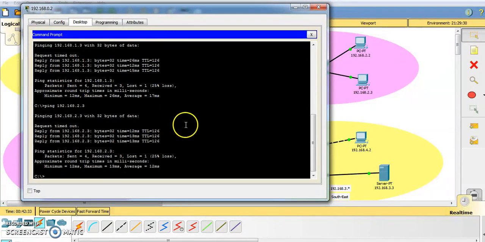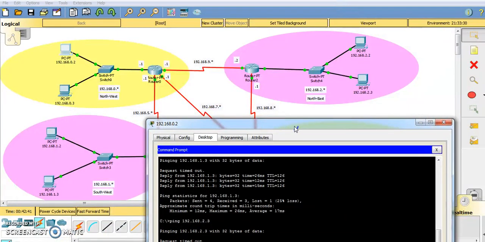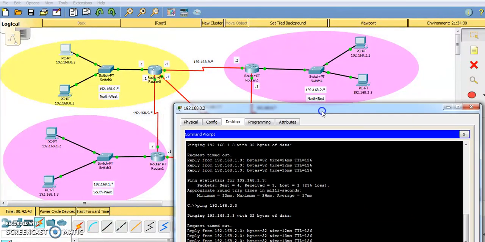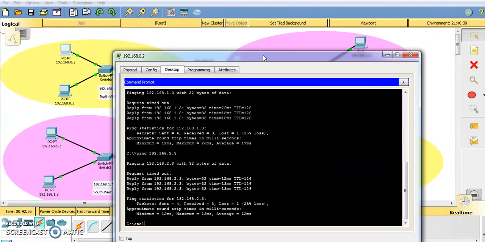Yes, it is enabled the routing and we can see this. So now routing is also enabled. Now let's see what if I am at northwest and I want to update some part of router 2, which is in northeast. So can I? Yes, of course. Telnet